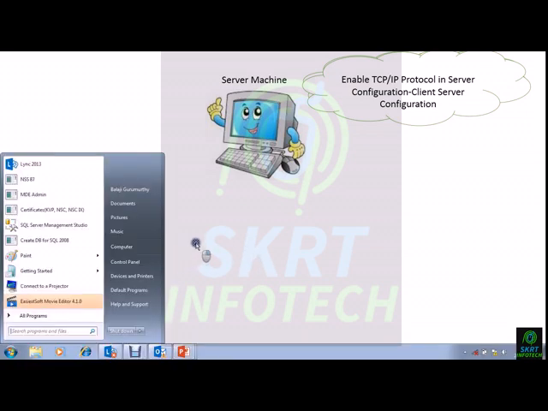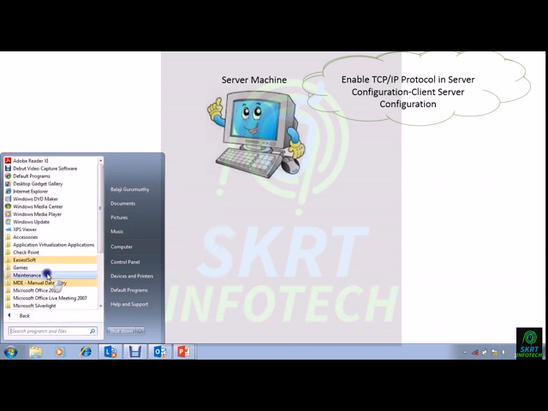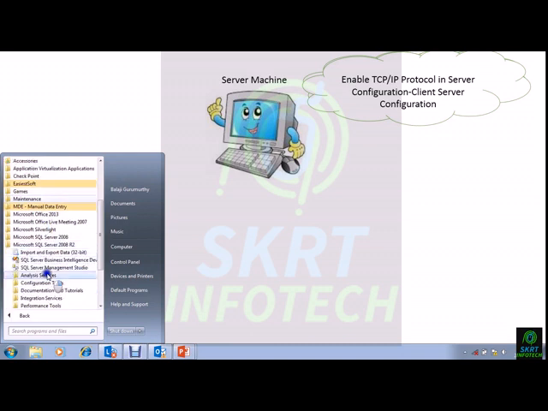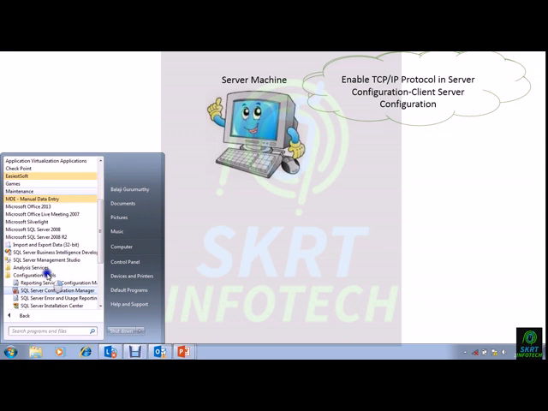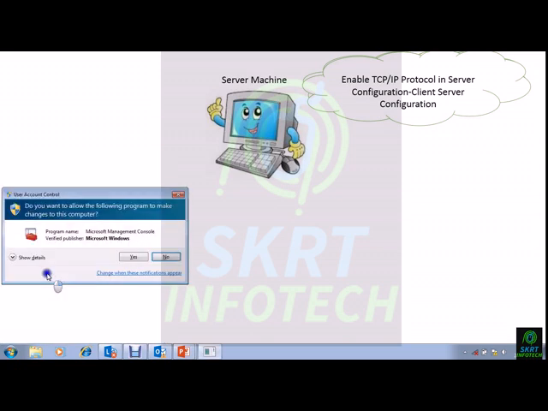You have to go to all programs, go to SQL-R2, and go to configuration tools. After configuration tools, go to SQL Server configuration manager, and you have to click yes.